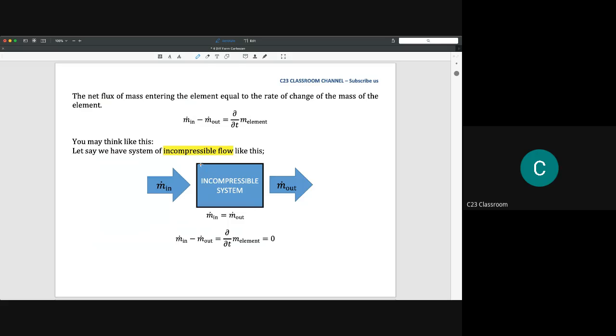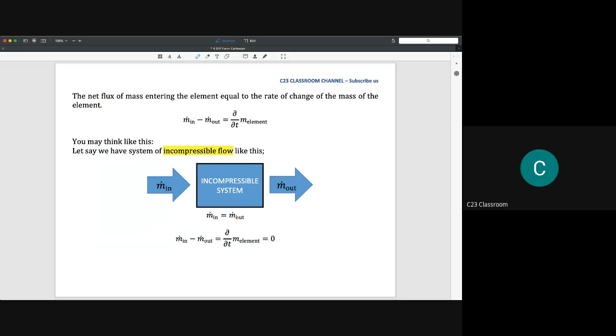For example, if you have one system filled with water, and you give 1 liter, for sure you will need to take out 1 liter from the outlet. If not, the system will burst, I mean, will fail. Okay, so then